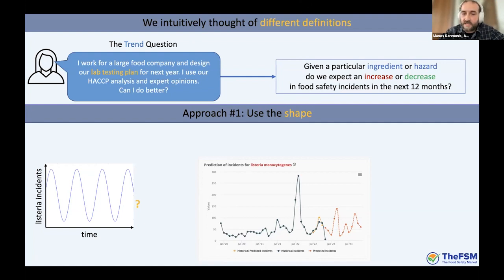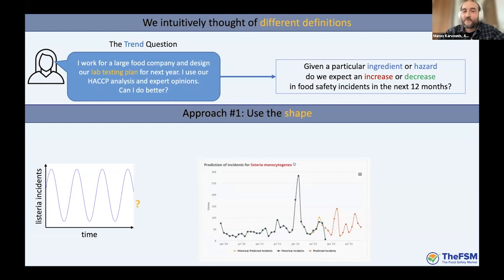So here you can see a live demonstration of how we have predicted the listeria incidents to evolve in the next 12 months. This is the red line. Given what we know, and this is the black line, and it spreads a bit over a decade before, as I said, we have part of it here, of how it was in the past. So that's a basic approach, but I understand that maybe this is not very satisfactory, right?